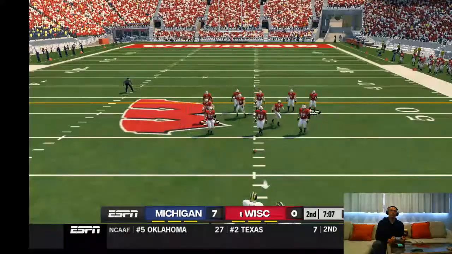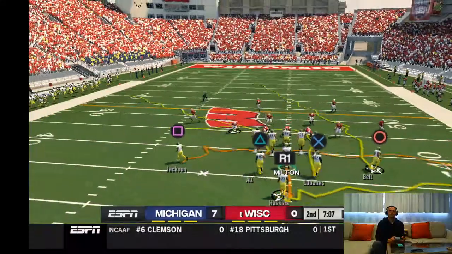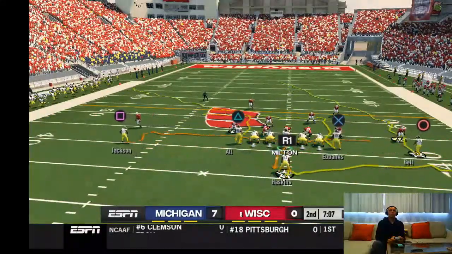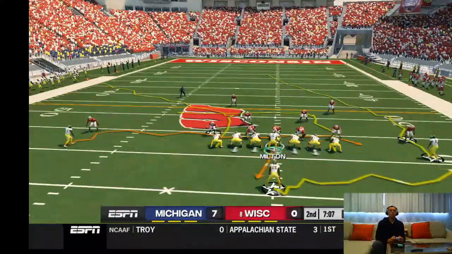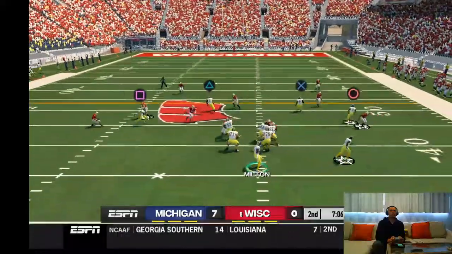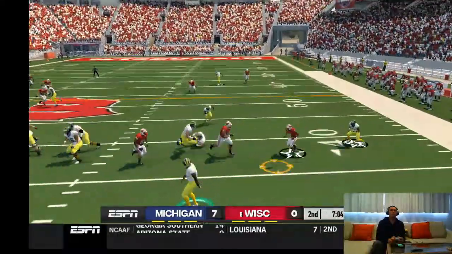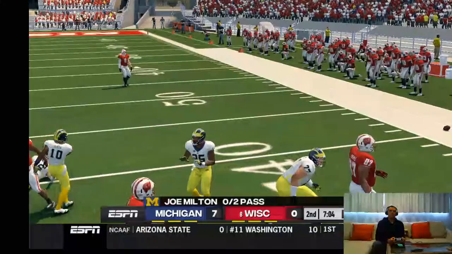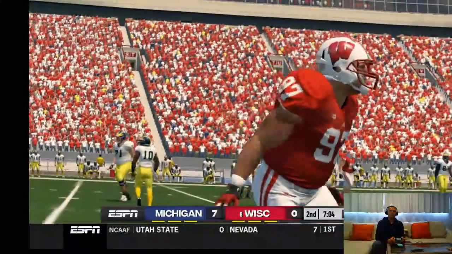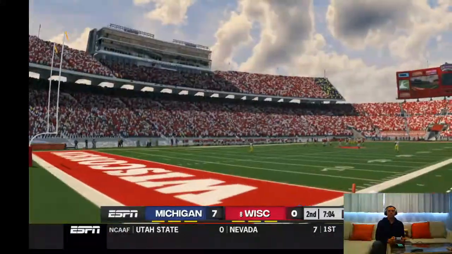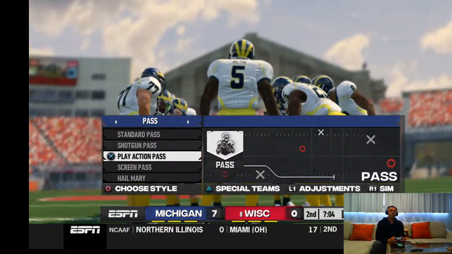Momentum swings have been fairly even, and with so little separation, this game can be drastically changed on just 1 or 2 plays. Michigan up 7 points. Ooh, blocked. Throws it quick to the receiver, and it falls incomplete. This quarterback needs to give his playmakers a chance to make plays. He's got to be sure he gets the ball in their hands.